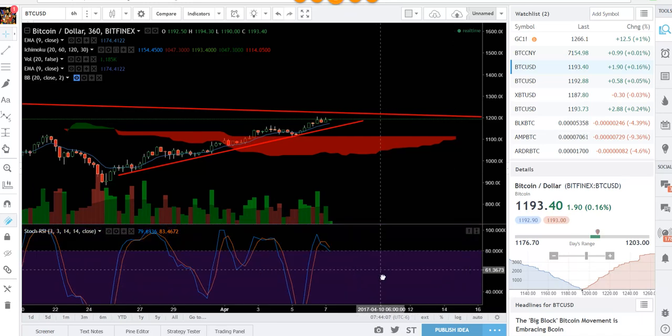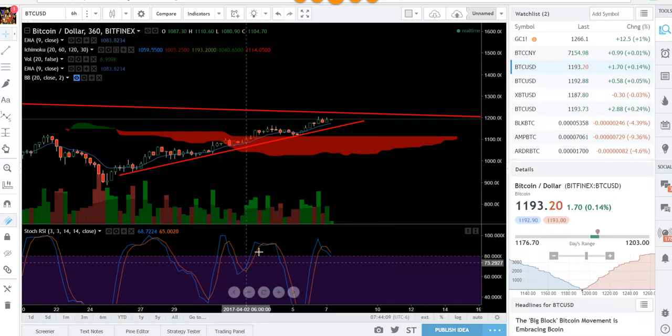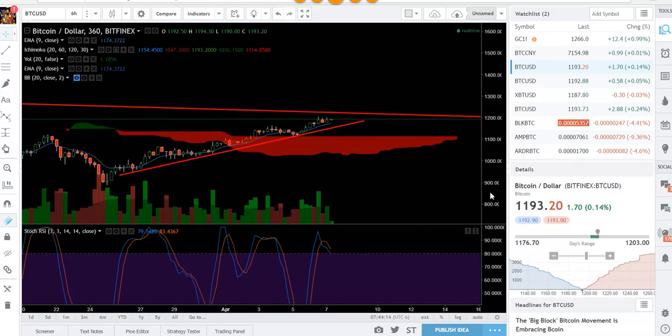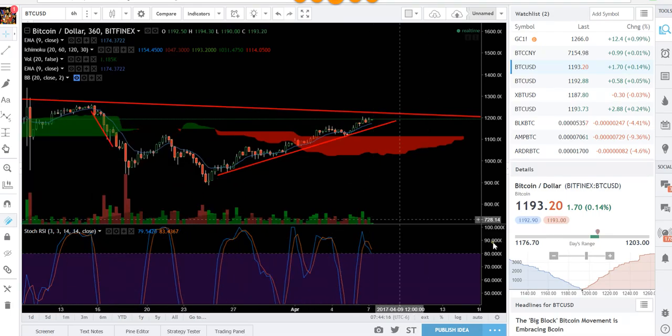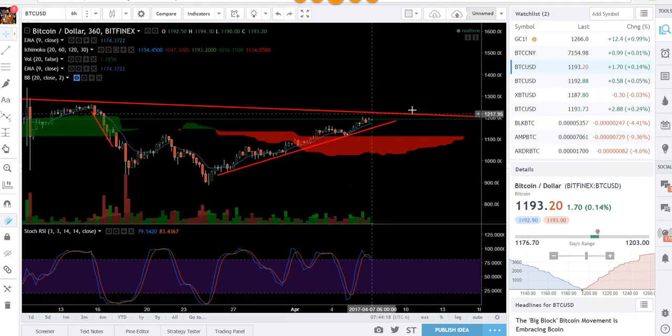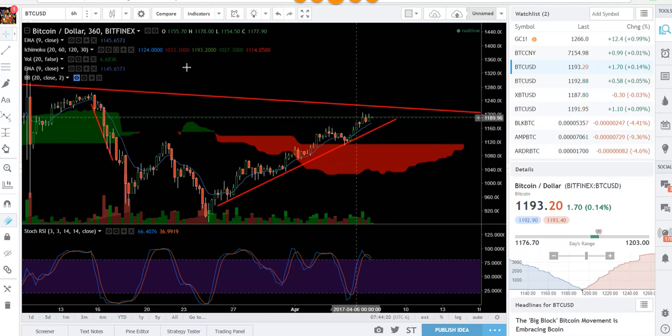That doesn't mean that the 6 hour won't do something like this, pop back up like this. But it's kind of giving us an indication that we may be getting close, especially because we're running into these resistance areas. Now, how you put all those pieces of the puzzle together, you're definitely going to come up with your own